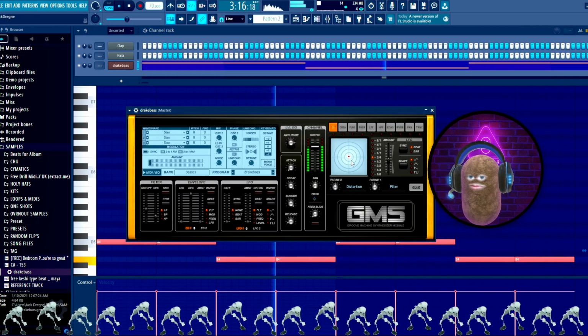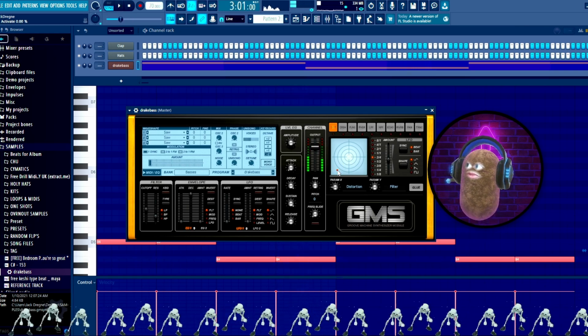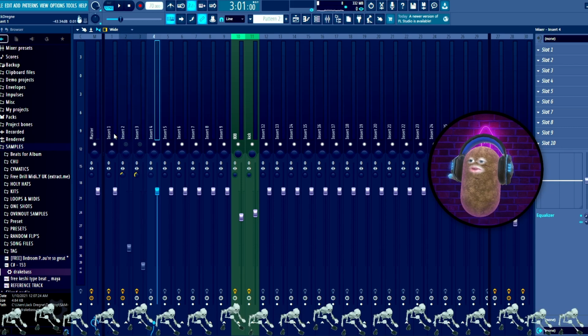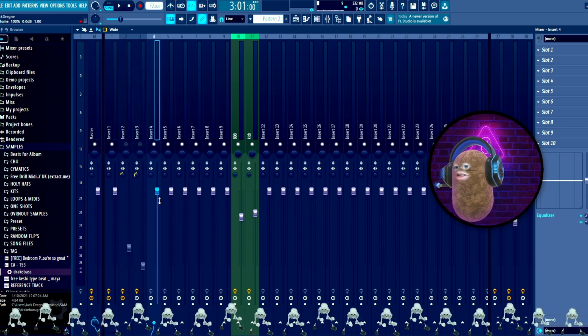I like to use a sub bass. And I'm just going to route that to track 4, keep everything nice in line. So now if I listen to our first set of chords with our bass,